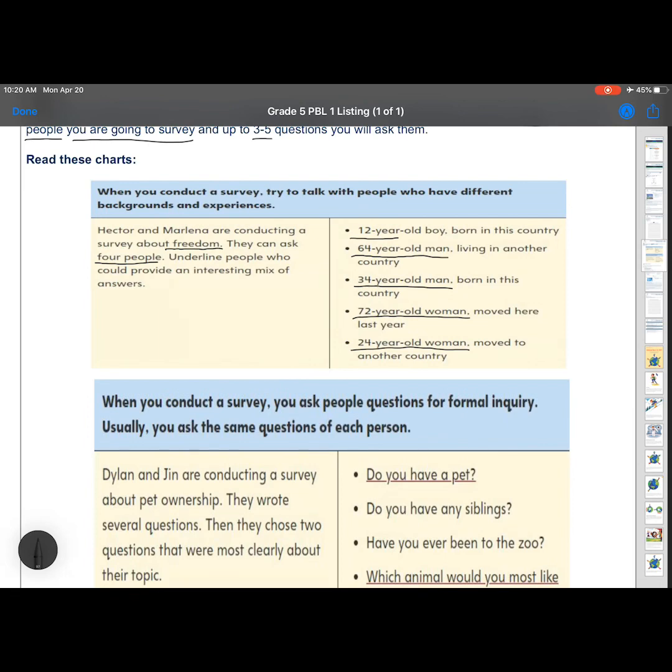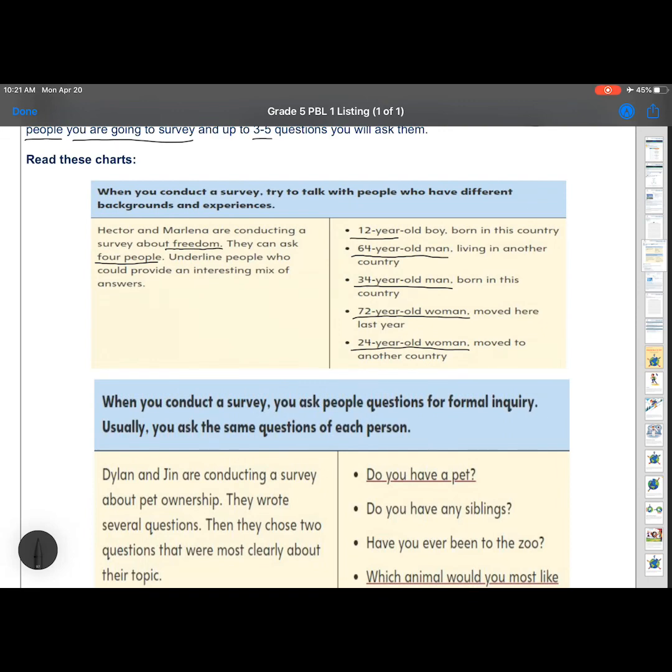Okay, now who do you have around that you can contact? Now remember, the nice thing about a survey is that you can actually call them by phone too. So if you don't live with many people, maybe it's just you, your mom, and your dad, and maybe a little brother or a little sister that can't talk yet. Well, obviously, you're only going to be able to ask your mom and dad. But maybe you can call an aunt or an uncle or a cousin or even a friend if you get permission from your parents.